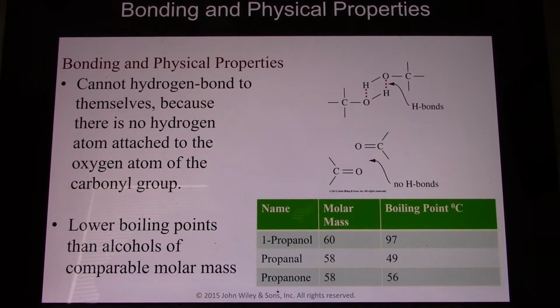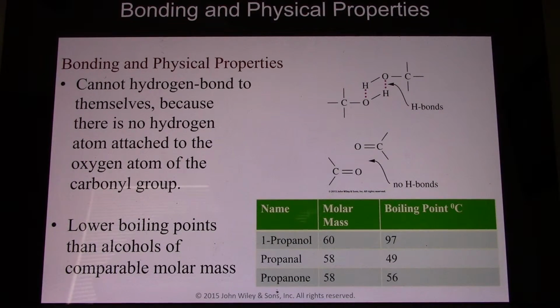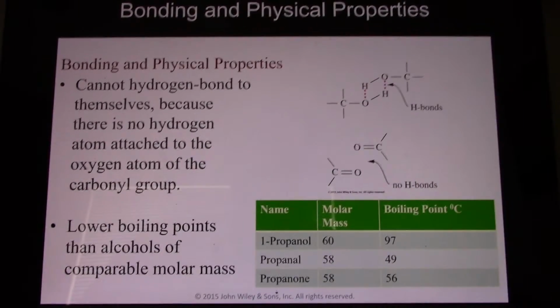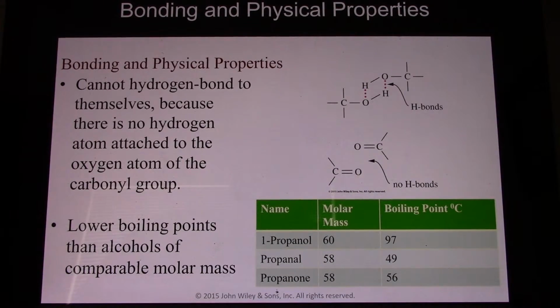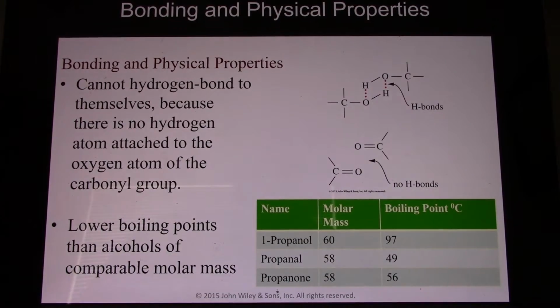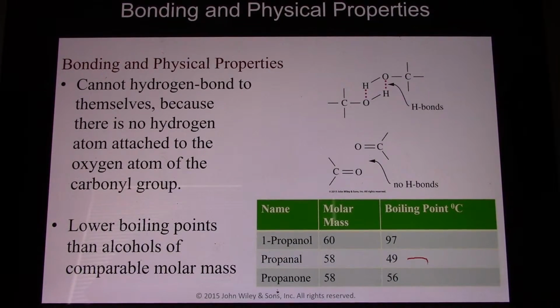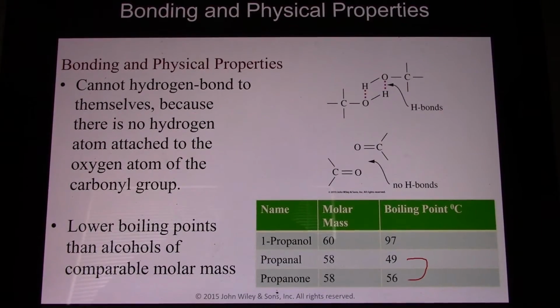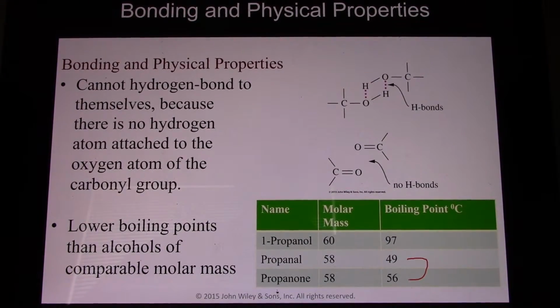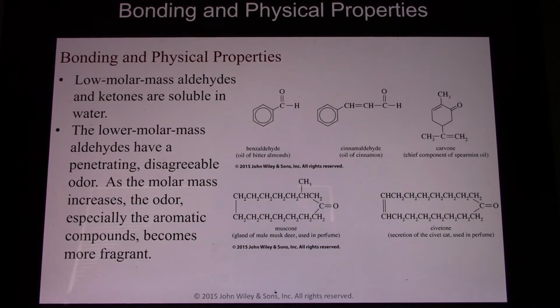It cannot hydrogen bond to itself because there is no hydrogen atom attached to the oxygen. So there is no protic hydrogen in the ketone. And therefore it has a lower boiling point than a corresponding alcohol of similar molar mass. So we see the difference between propanol, the alcohol, and then the aldehyde and ketone. Much lower boiling points because you don't have any hydrogen bonding. Low molar mass